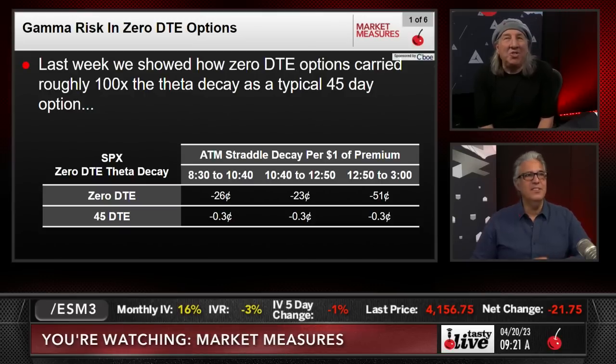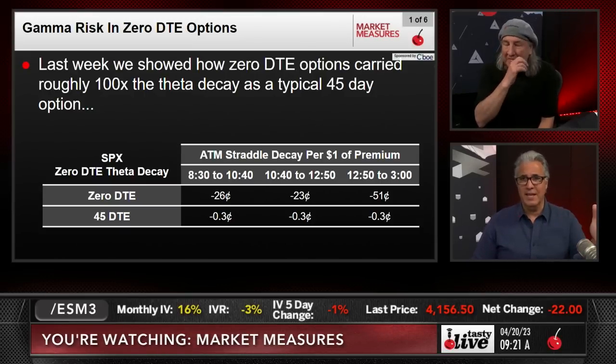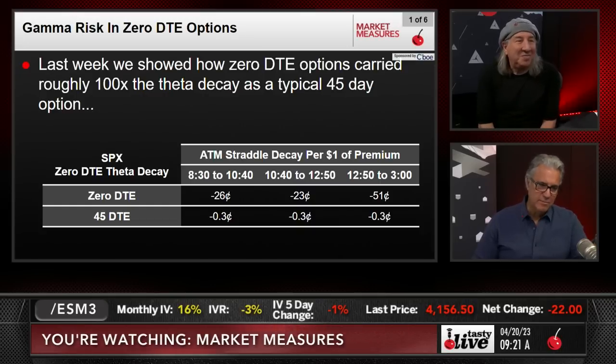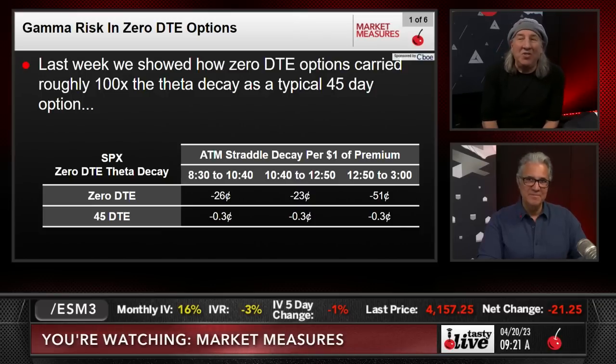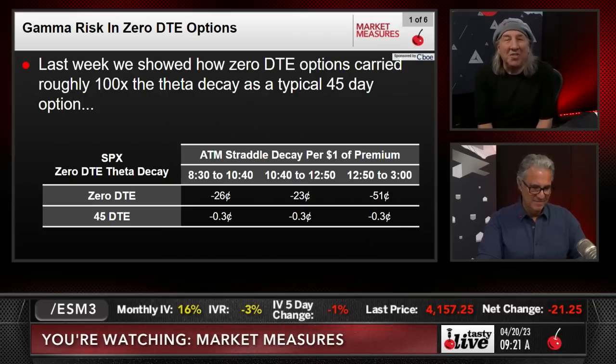So last week we showed, this is what everybody always talks about when you're selling options or trading any options: your gamma risk. So what does that mean? It means you have 45 times more risk than you have if you go 45-day options. That's basically it. But every Thursday at a little after 9, we do a market measure on zero DTE options. Last week we showed how zero DTE options carried roughly 100 times the theta decay as a